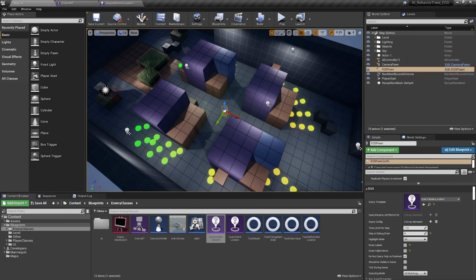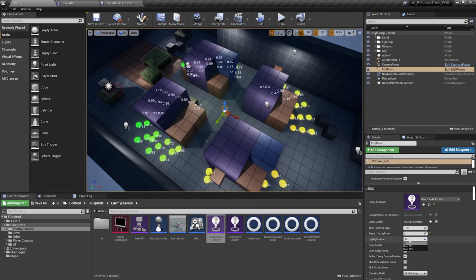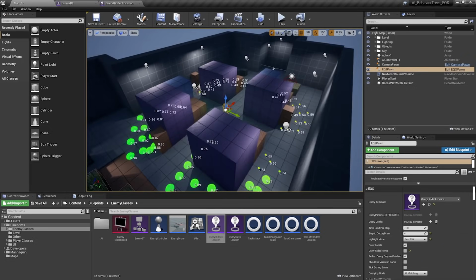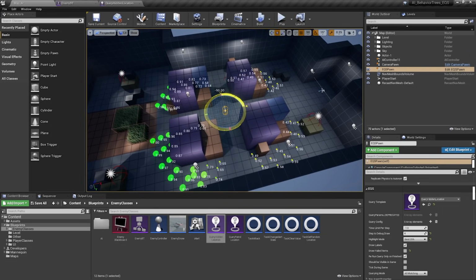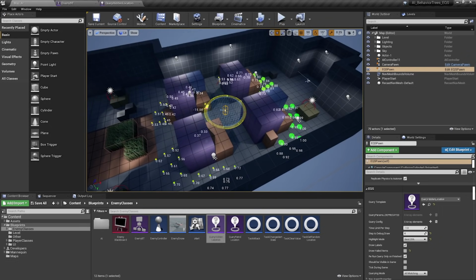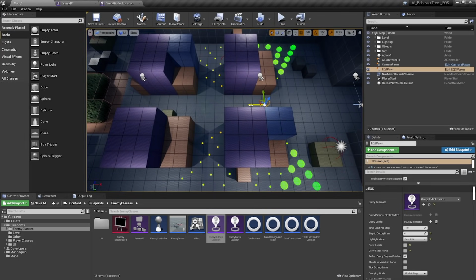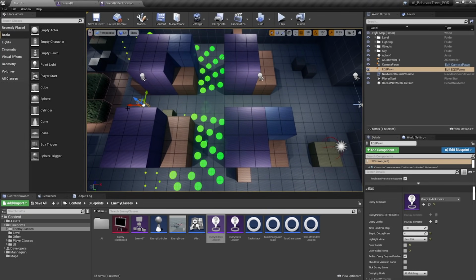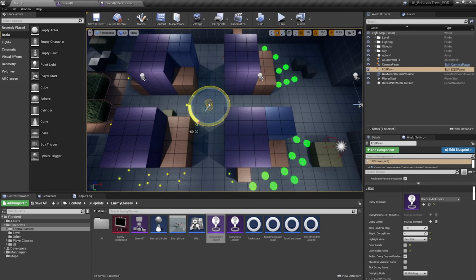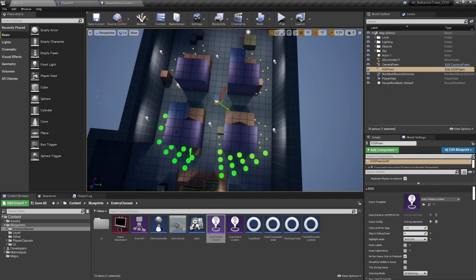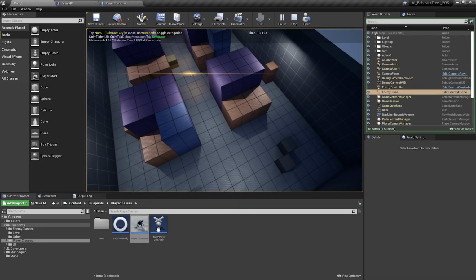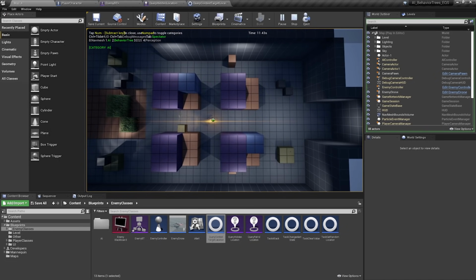Using our EQS testing pawn, we can see what this query does. It's actually trying to select the points behind the enemy, but it only considers the ones that are currently hidden, that the enemy has no line of sight. And this kind of query can be used in other situations, like when the enemy needs line of sight to the player, or when it needs to find the best point to take cover from it. As we can see, during the investigation routine, the enemy now tries to look for possible locations where the player could be hidden, adding this interesting level of intelligence to our AI behaviors.